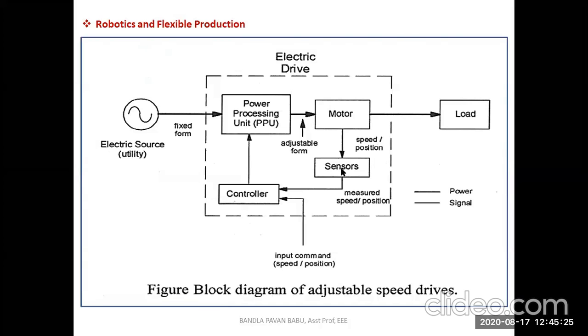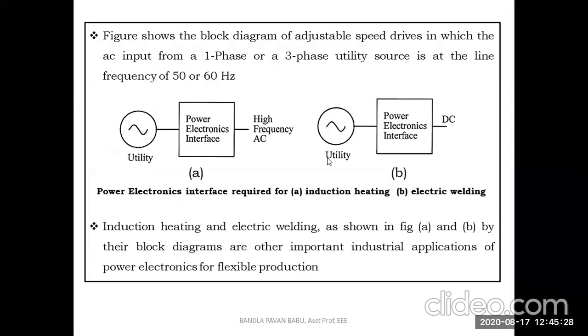flexible protection. Okay, so another diagram you can see, that is figure A and B represents the block diagram of adjustable speed drives. Okay, so drives in the sense, let us consider our bikes. Why can't we consider our bikes? There we can see in our dashboard what is the speed. So what is the speed of the tire? How much RPM it is rotating? Okay. So what is the mile? What is it in kilometers per hour, by using the speedometer, by using the odometer.